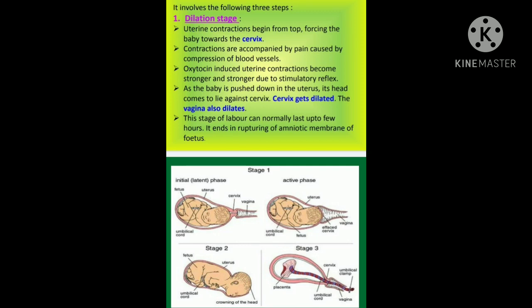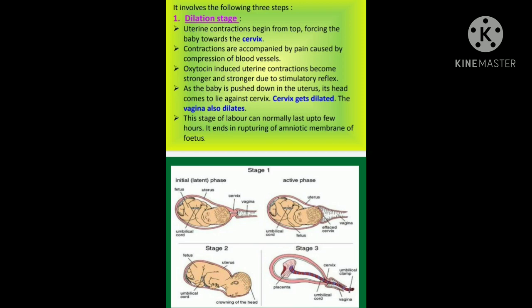Uterine contractions begin in this dilation stage from the top, forcing the baby towards the cervix, so the baby can move forward towards the cervix. Contractions are accompanied by pain caused by compression of blood vessels. Oxytocin induced uterine contraction becomes stronger and stronger due to